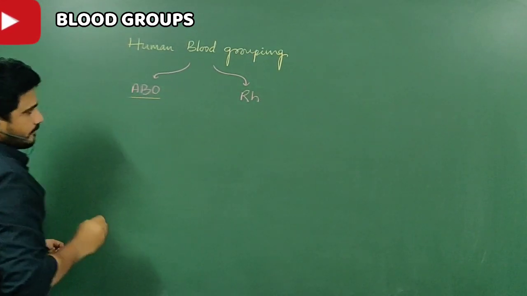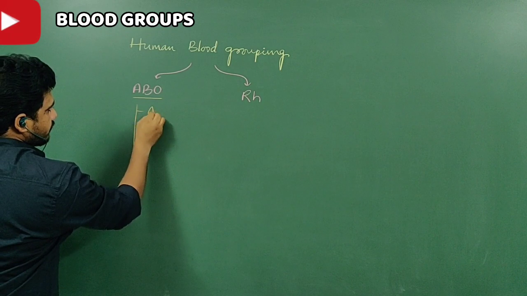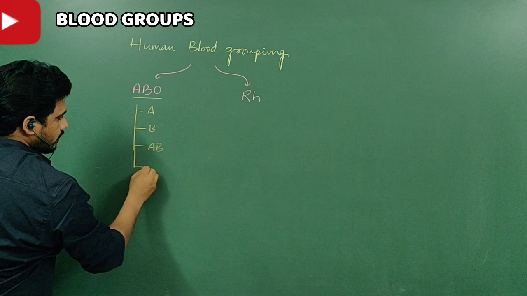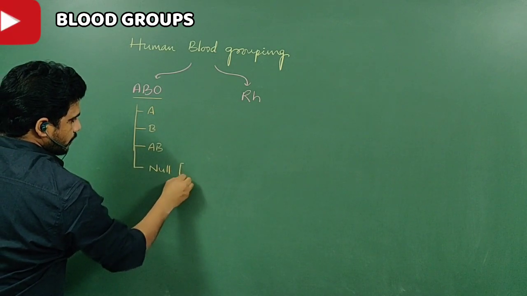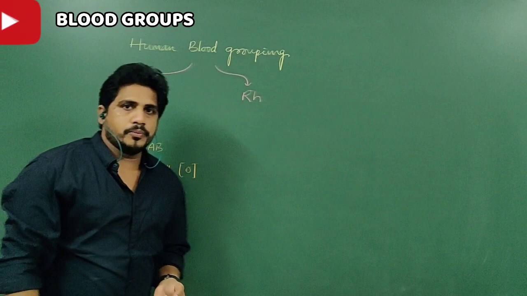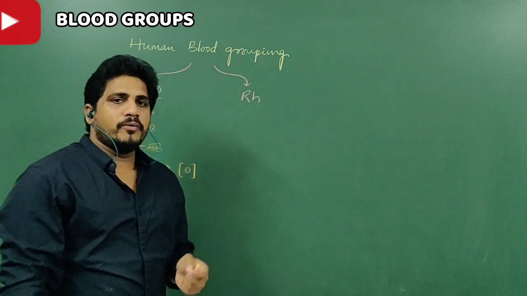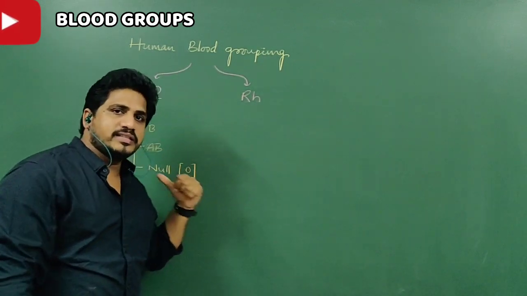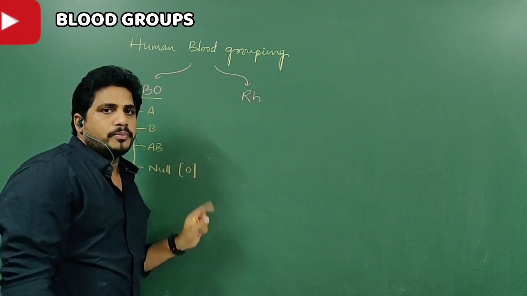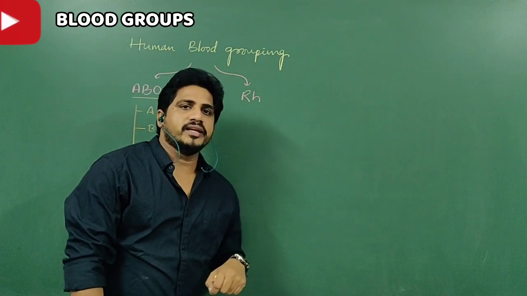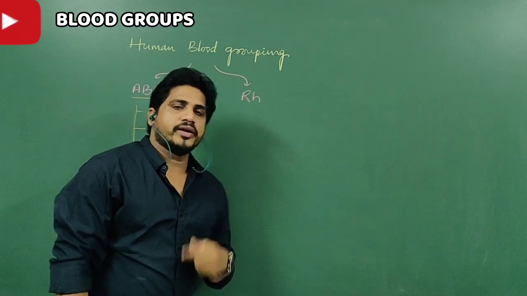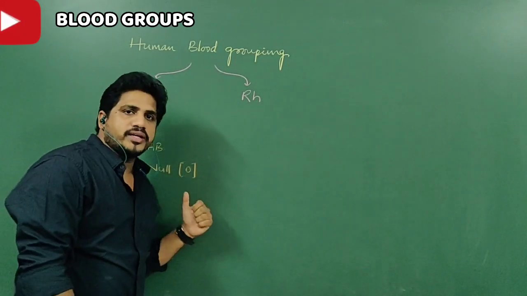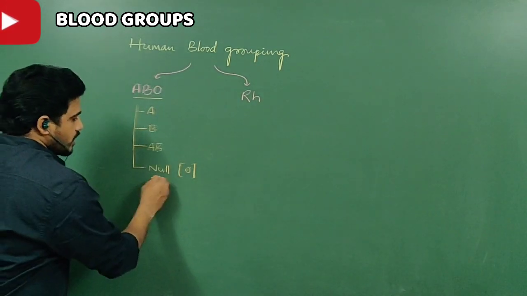This ABO blood grouping consists of A group, B group, AB group, null group. Null group is also called zero group. Generally we pronounce that O group, O positive, O negative. O is also an alphabet, right? So O means what? A presence. Nothing is present over there, so it is the null group or zero group. As we know from common usage, that is O group. You can use that O group, but you have to have a sense that it is not an O, it is a zero. So, null group.